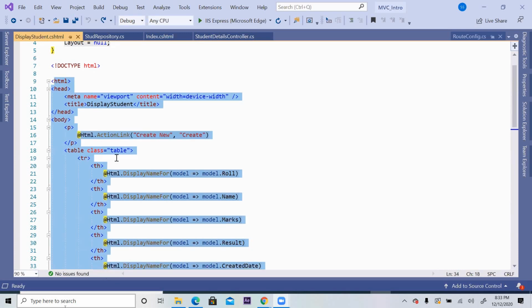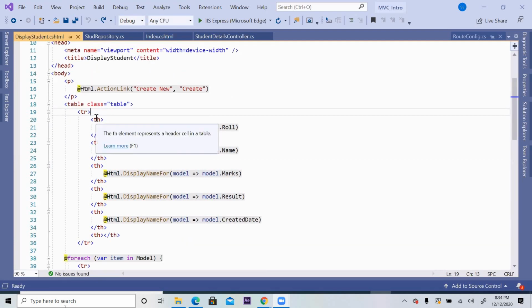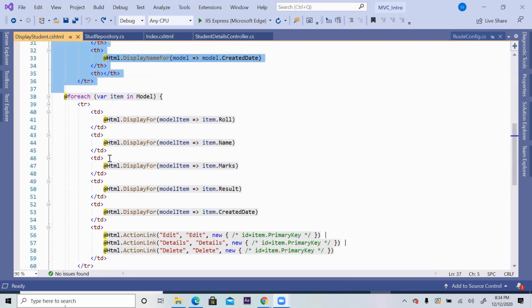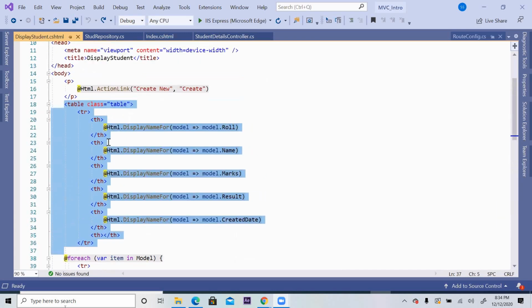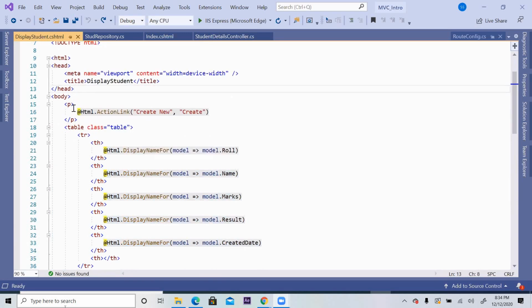HTML, have a look. It gives some head, it gives some body. Inside body, it started one table, and below it used some foreach loop, and so on. Right? So let's understand line by line.